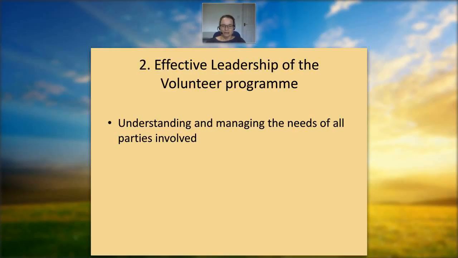The second that I said I feel underpins the success of a volunteer programme is the effective leadership of the volunteer programme, which is the understanding and managing the needs of all of the parties involved. So what are the main parties involved within a volunteer programme, and what are their needs? And the easiest way that I can find to illustrate this is to show you a Venn diagram model